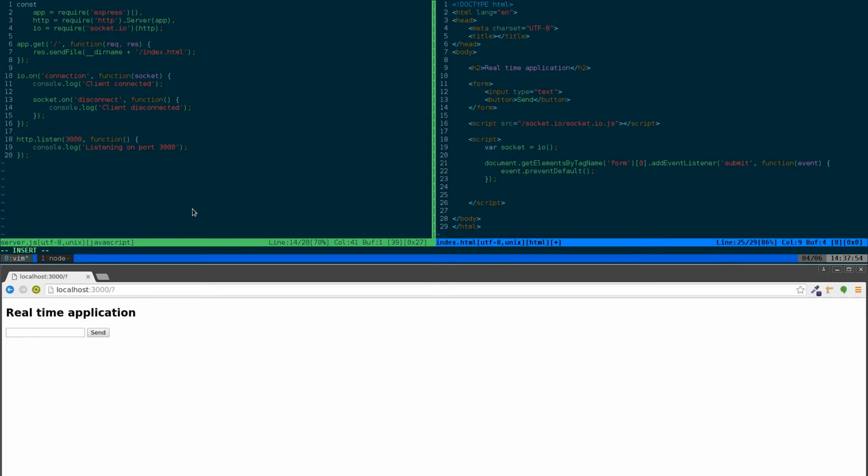Okay, now what do we want to do? When a user presses the send button, we want to emit an event to the server and also pass the data which is in this input. Okay, so to do that,